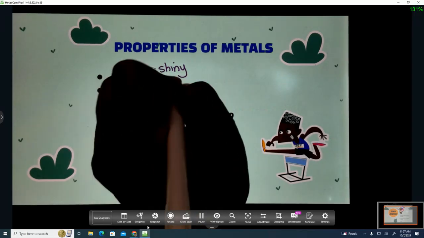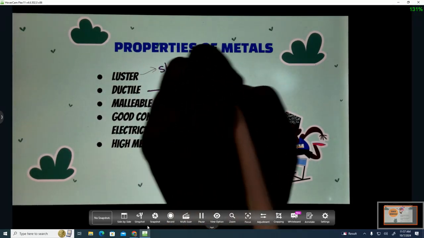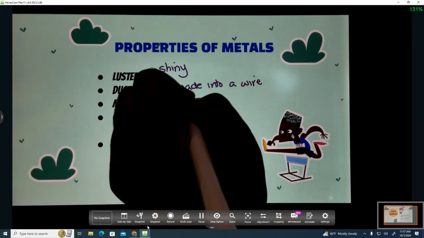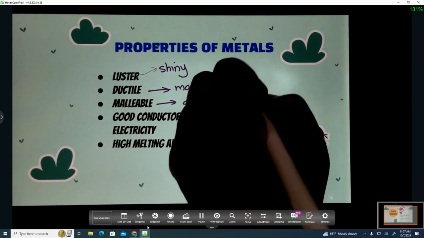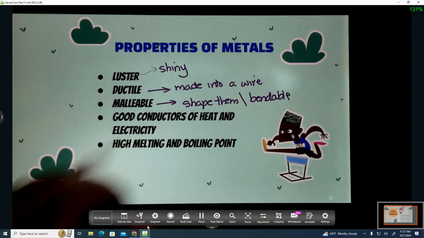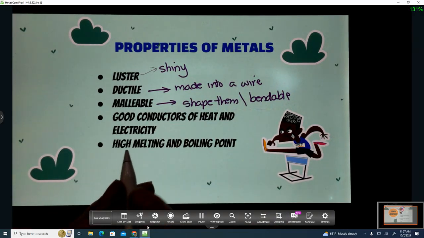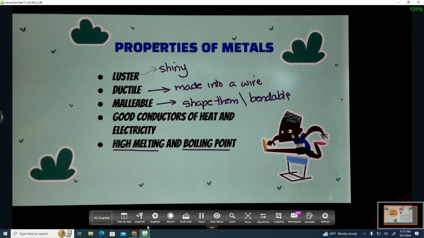Ductile, which means that they can be made into a wire. Malleable, which means you can shape them, or they're bendable. They are good conductors of heat and electricity, and they have high melting and high boiling points,